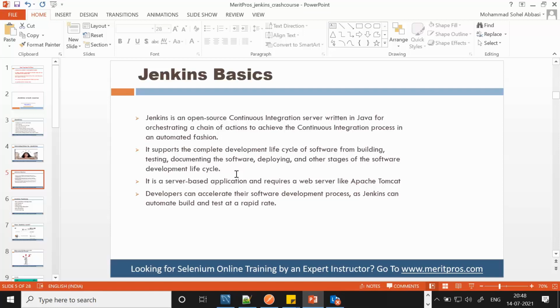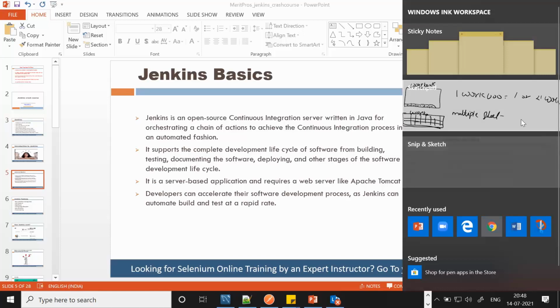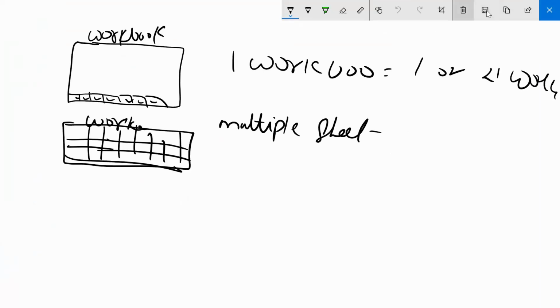Now guys, when I say complete development life cycle, what does it mean? Let me share my screen with you so that it would be good to explain. In the entire life cycle, first someone develops the application. Once they develop your application, we call this AUT.